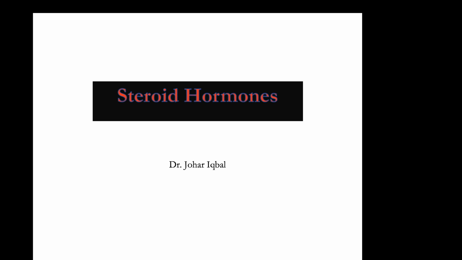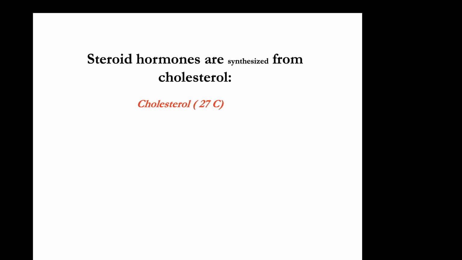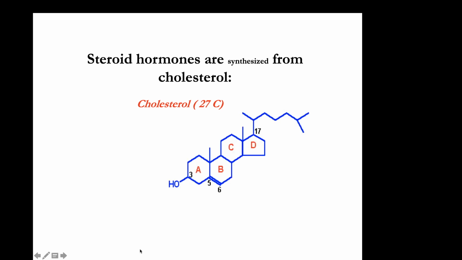We all know that steroid hormones are synthesized from cholesterol. Cholesterol is a 27 carbon molecule. If we look at the structure of cholesterol, it has 27 carbons. This is the first carbon, second, third and fourth. On the third carbon there is a hydroxyl group attached, and this is fourth, fifth, sixth. There is a double bond between the fifth and sixth carbon. This is seventh, eighth, and ninth carbon,